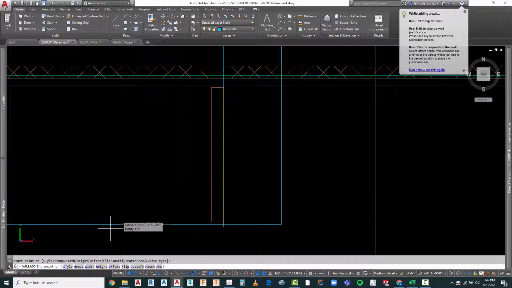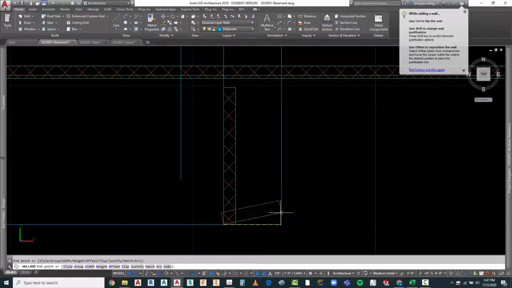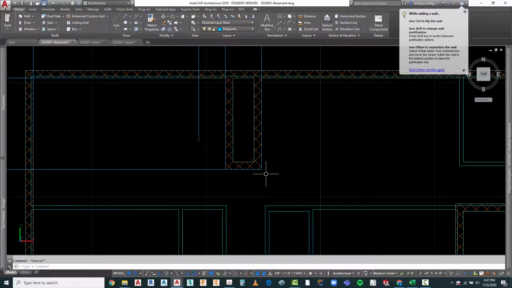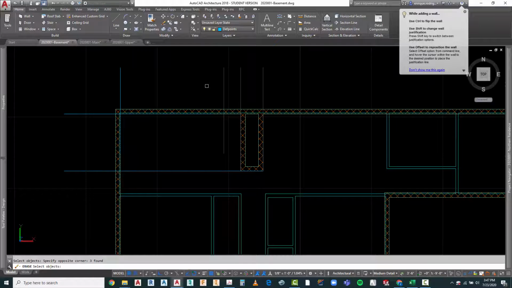It's on the wrong side there, so I'm going to flip it, lay it out to there, lay it out to there, lay it out to there. Going to extend that one and that one. And this now is going to be my support for my